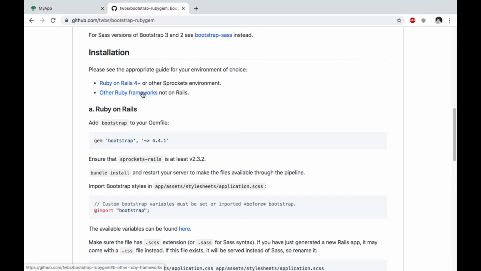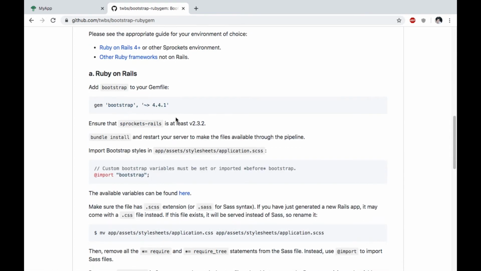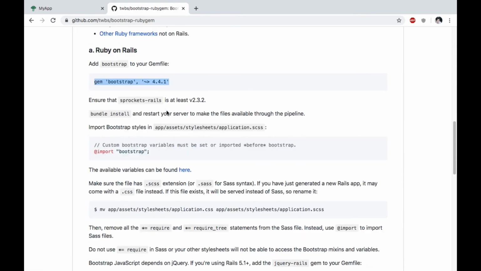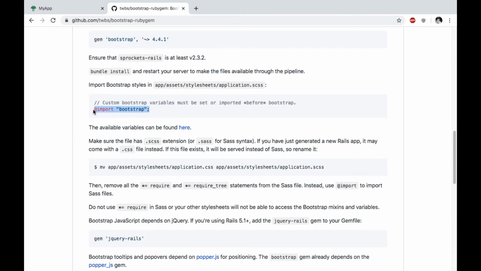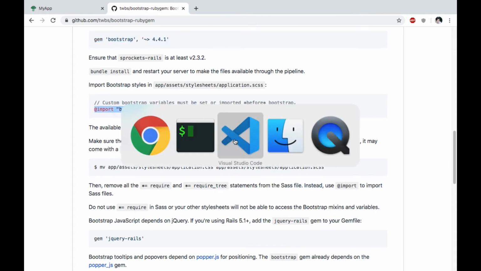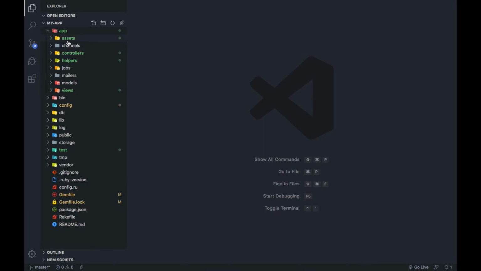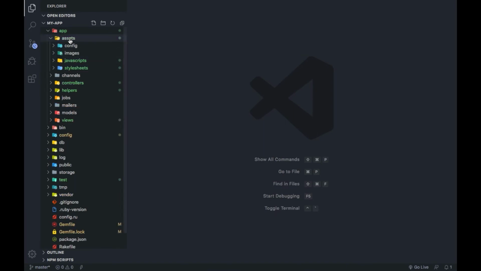Currently I'm using Rails 5, so I can use this. We have already added the gem in our Gemfile. Now we have to import Bootstrap in our custom style sheet, I mean the default style sheet. So where is it? I'm going to assets, stylesheets,